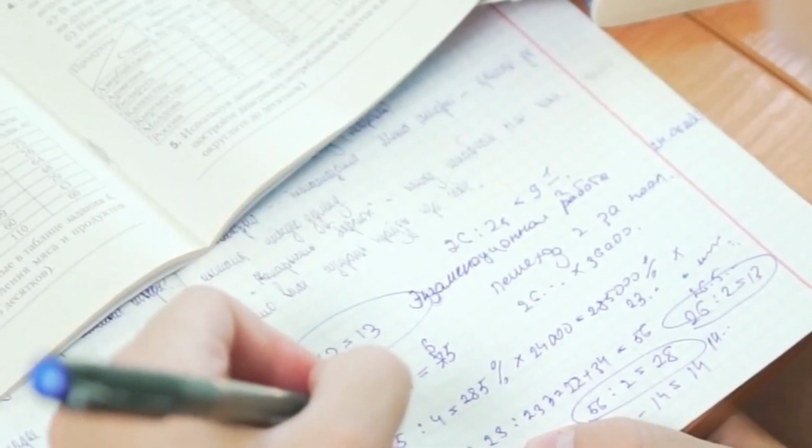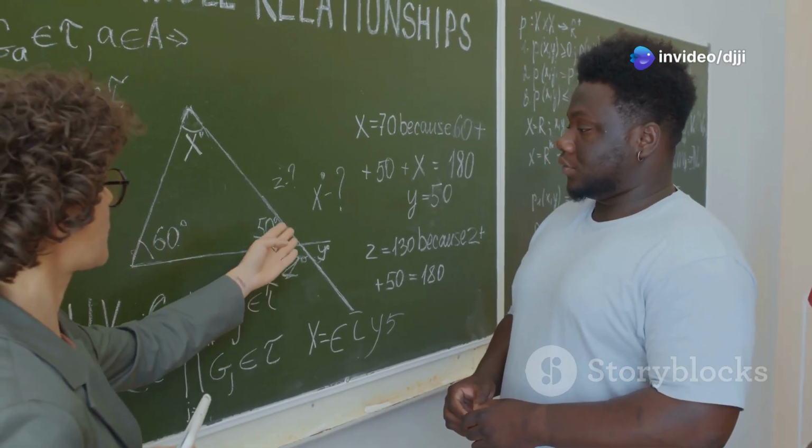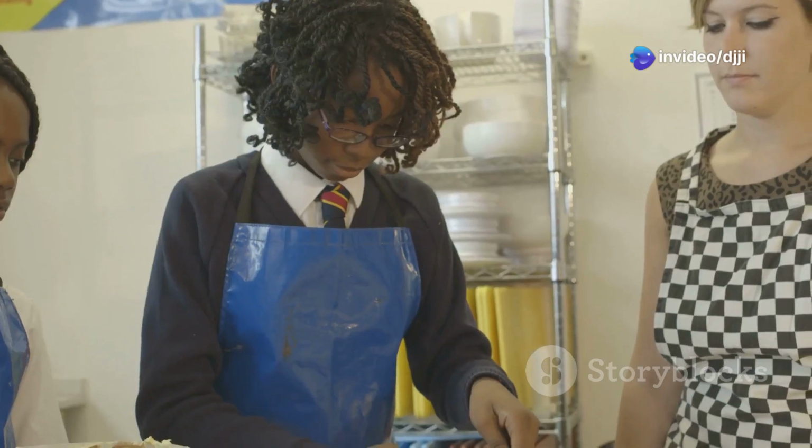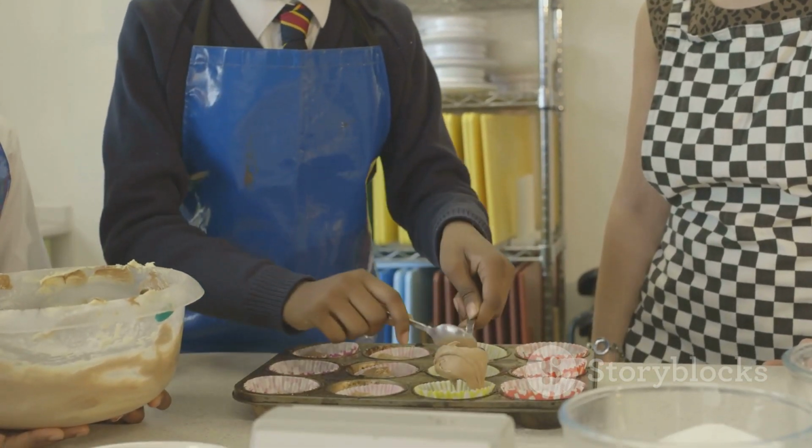Unit conversions are simply a way of changing from one unit of measurement to another. Think of it like translating a language. You're saying the same thing, just in a different way. This is super important in math and in life because it allows us to make sense of measurements, no matter